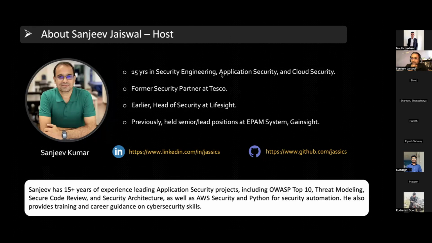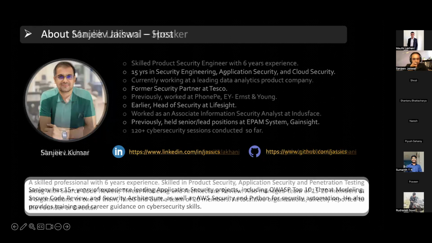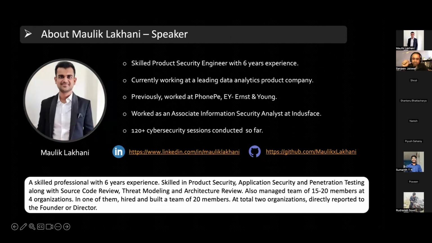Now Maulik will introduce himself. But before that, let me tell you something about him. He's a very good chap, and for the last 1 or 2 years we have been in constant touch, and I have seen how he grew from the pen testing side and then came to the product security side. He has worked at PhonePe and EY.